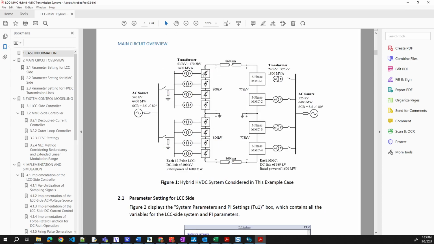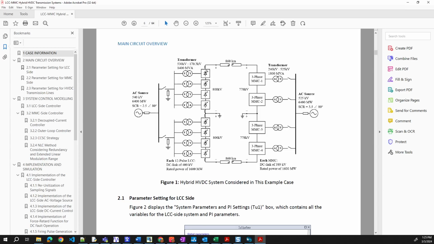We have 800 kV here, and the transformer has this 530 kV. Okay, so this 500 kV line is quite a big line here, and this one, okay, 12-pulse.